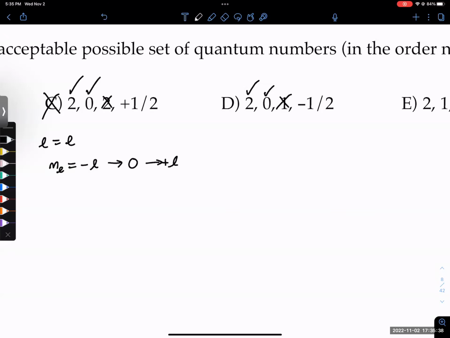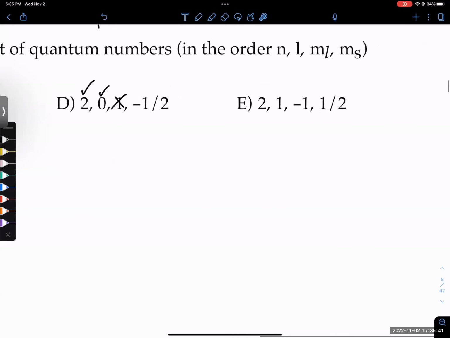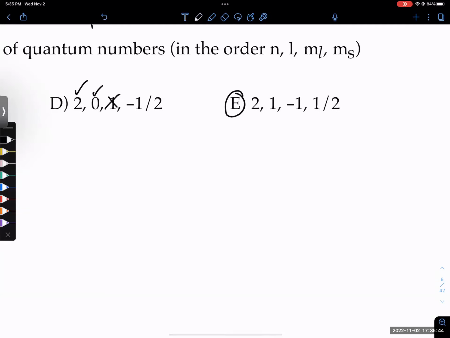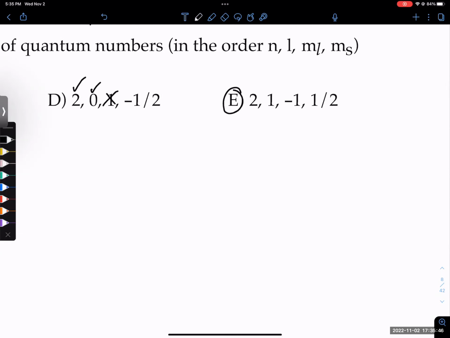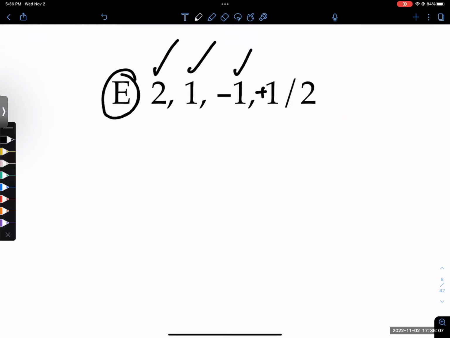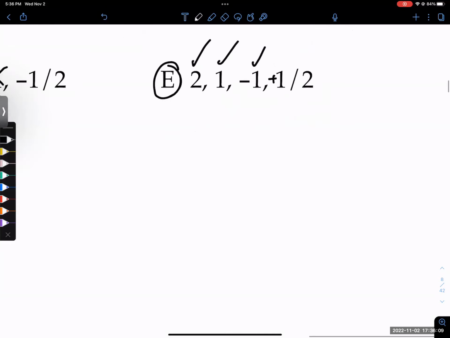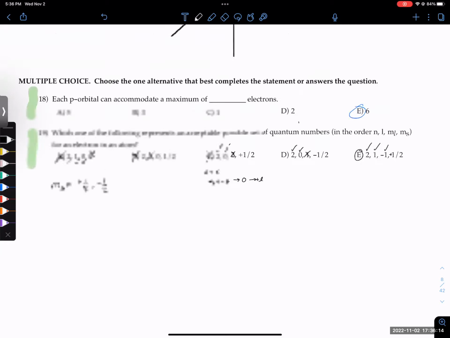So it's wrong there again. By process of elimination, it's E, but tell us why it's valid. Well, you have a 2p, that means an L of 1 is okay. And then a -1, M sub L is totally fine, because L is 1. Correct. And then since MS can only be positive 1/2 or negative 1/2, it's 1/2. Exactly, right? It doesn't need to have a plus sign here. I've gotten asked that before, if it doesn't show the plus sign, it's still a positive number, right?